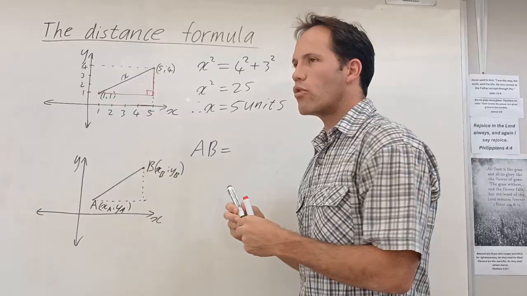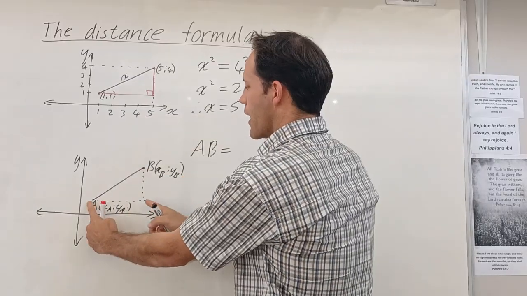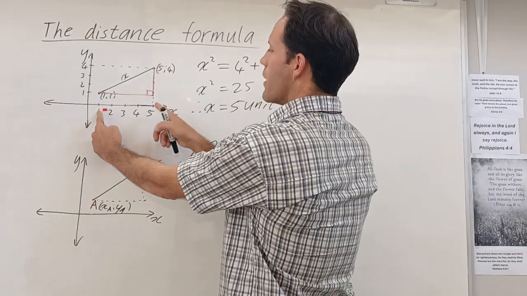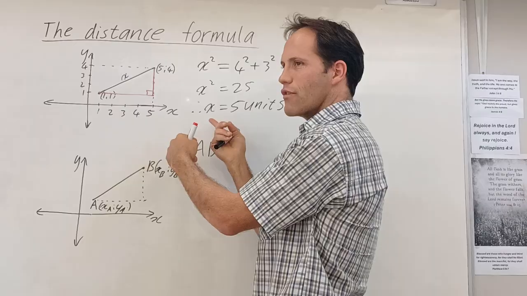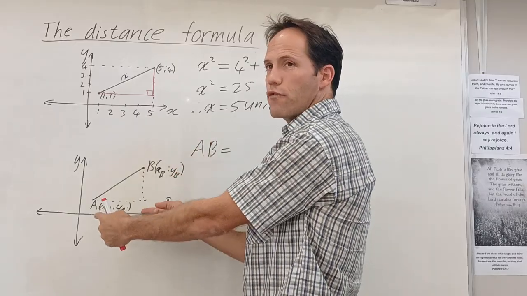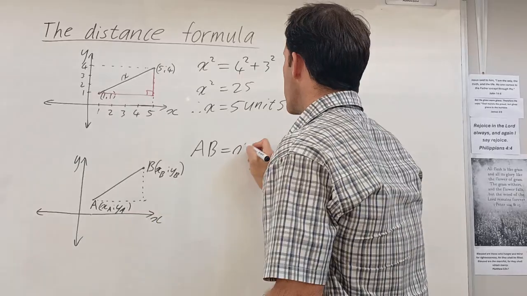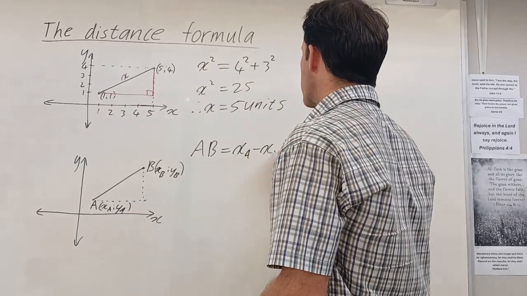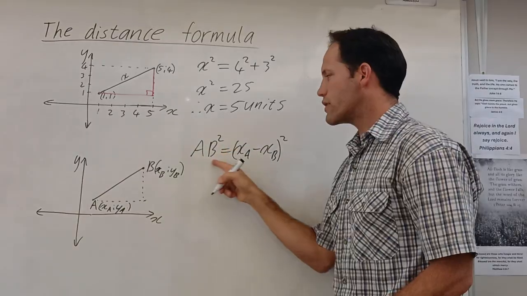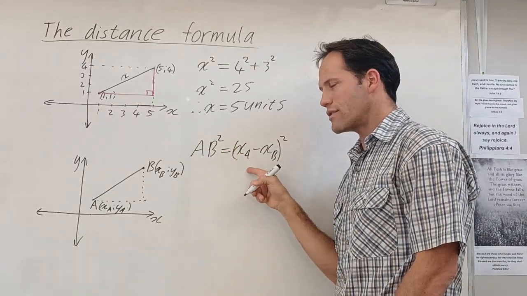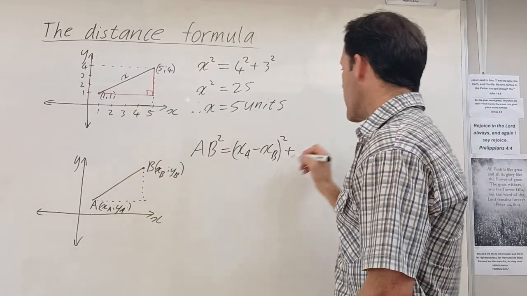You can swap it around also because you're going to square them. So you can also say xA minus xB, because even if it's like 1 minus 5 is negative 4, when you square it, negative 4 squared is 16, it becomes positive. So it doesn't matter which x value you put first, because when you square it, it becomes positive. So you can say it's (xA minus xB) squared. But remember now, we're going to put in the square here also, because we're using Pythagoras. Then plus (yA minus yB)